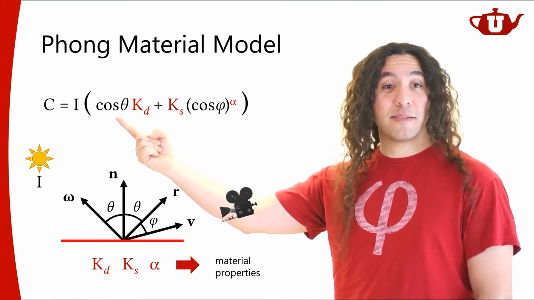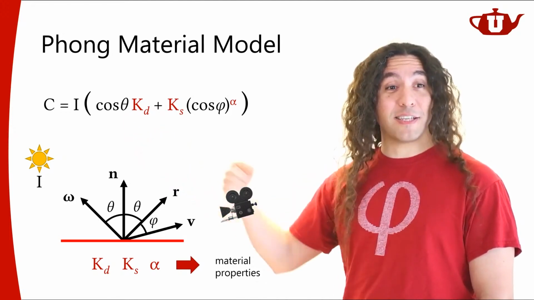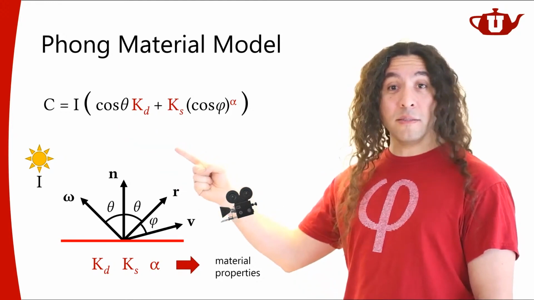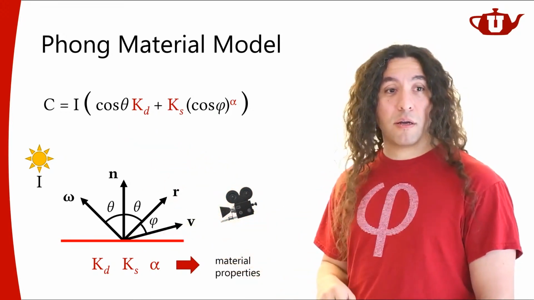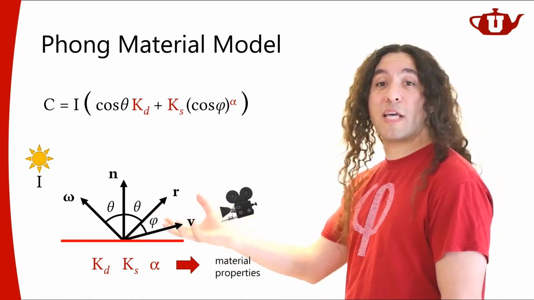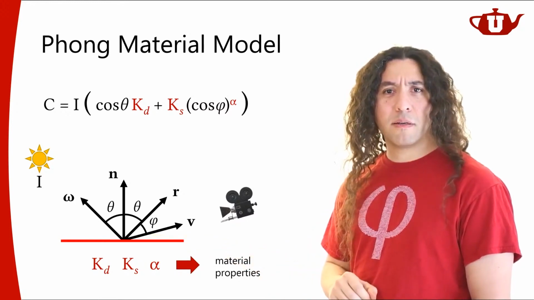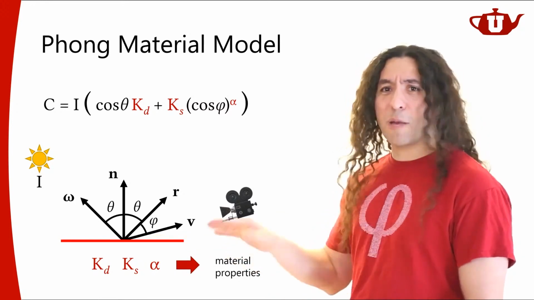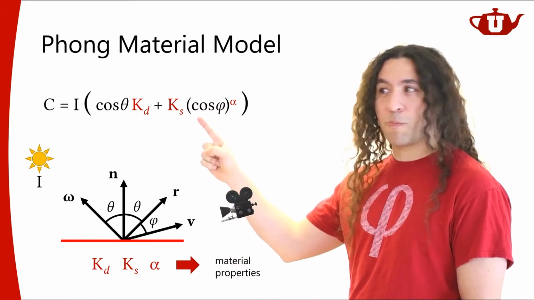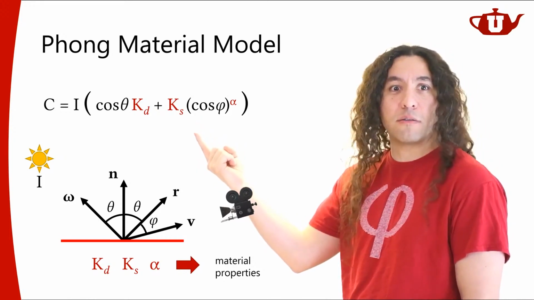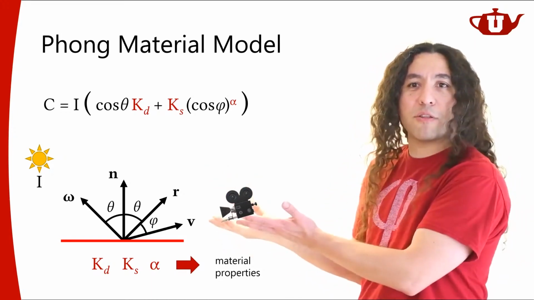Remember this? This is what? The geometry term. Yes, it's the geometry term. And it depends on the geometry of the surface and the light source, right? And it depends on what percentage of the light is received per unit area on the surface. So it doesn't depend on the material property or anything, right? So why is this not impacting my specular term? It kind of should, right? I mean, shouldn't it? It kind of determines how much light I'm receiving on the surface.